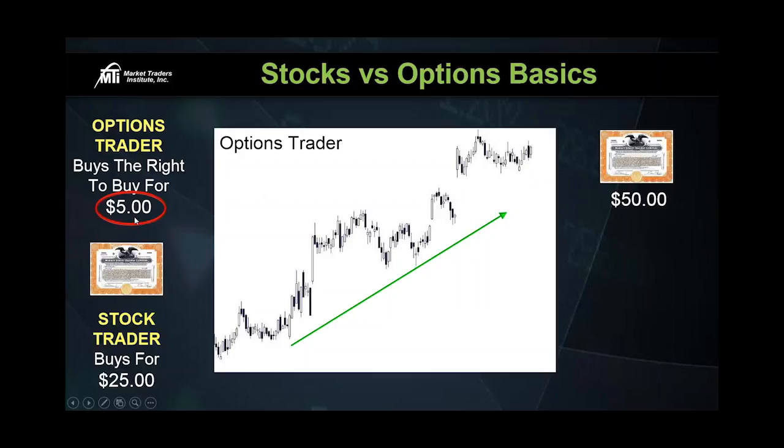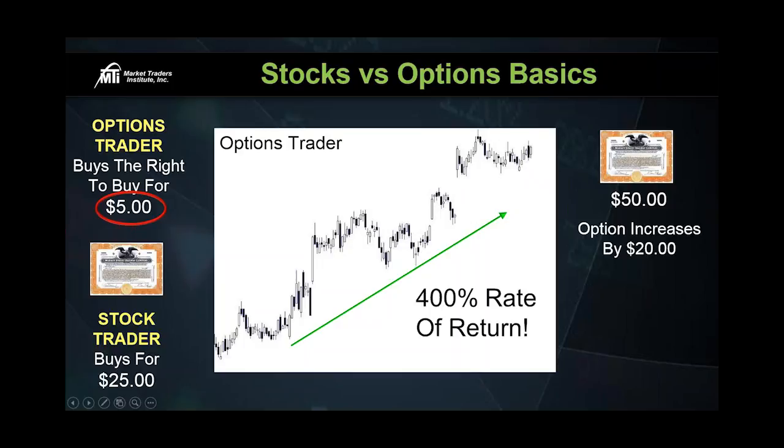So as options traders, we do the same thing with that stock here. We get involved for $5 a share. Here's what happens. The stock makes that same move after the announcement. Our option increases by $20 per share, and we generate a 400% return on our investment. So the stock trader wants to own the stock: $25 invested, $25 at risk. Options trader, we simply want to control it. We can control it for $5. In this case, we had $5 invested on that trade, $5 at risk.